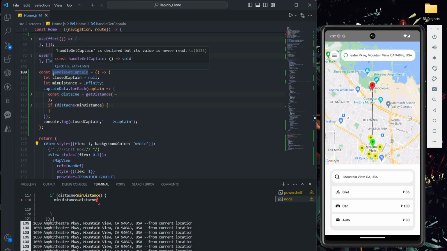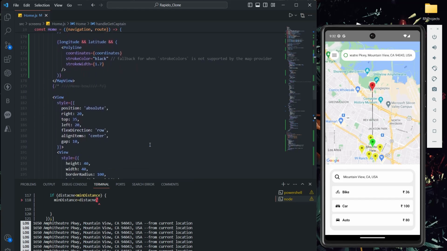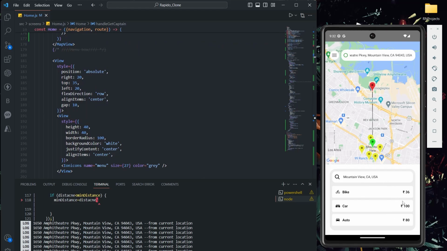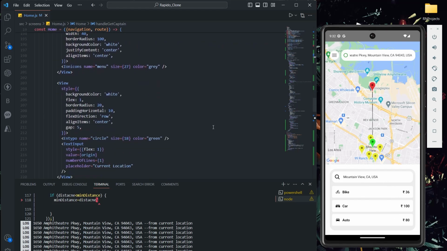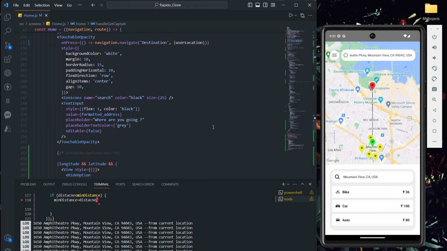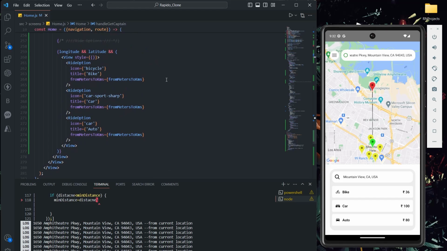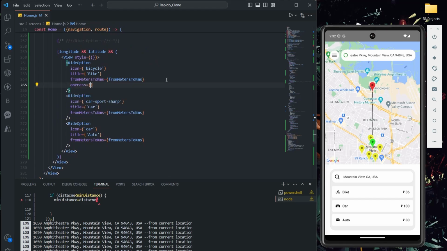Now let's call this function handleGetCaptain on click of any option here. To do that, let's see where we are passing it. Here only I have to pass handleOnPress is equal to handleGetCaptain. In the same way, I'm going to pass this function to the remaining two.